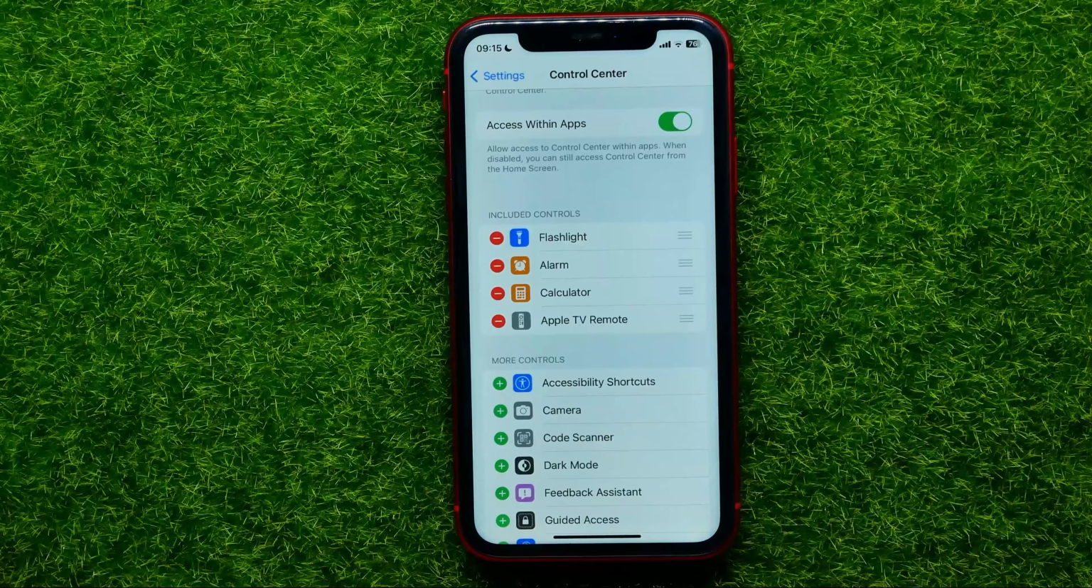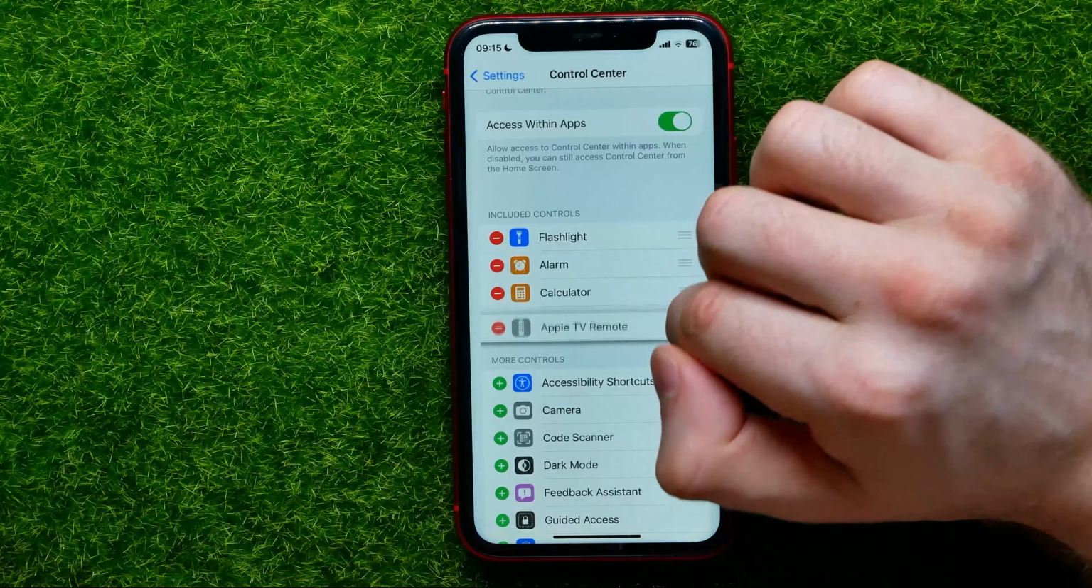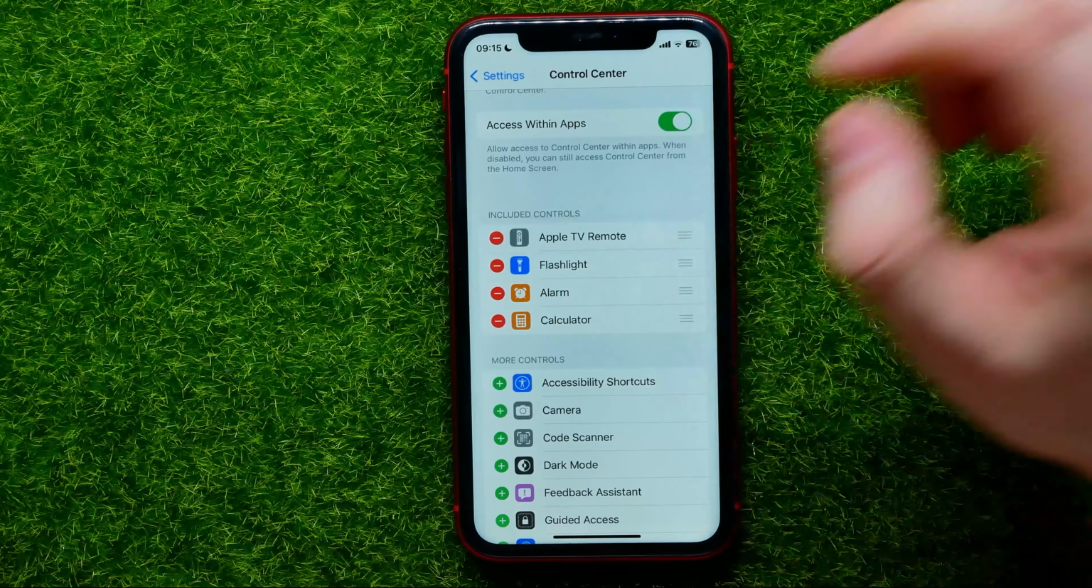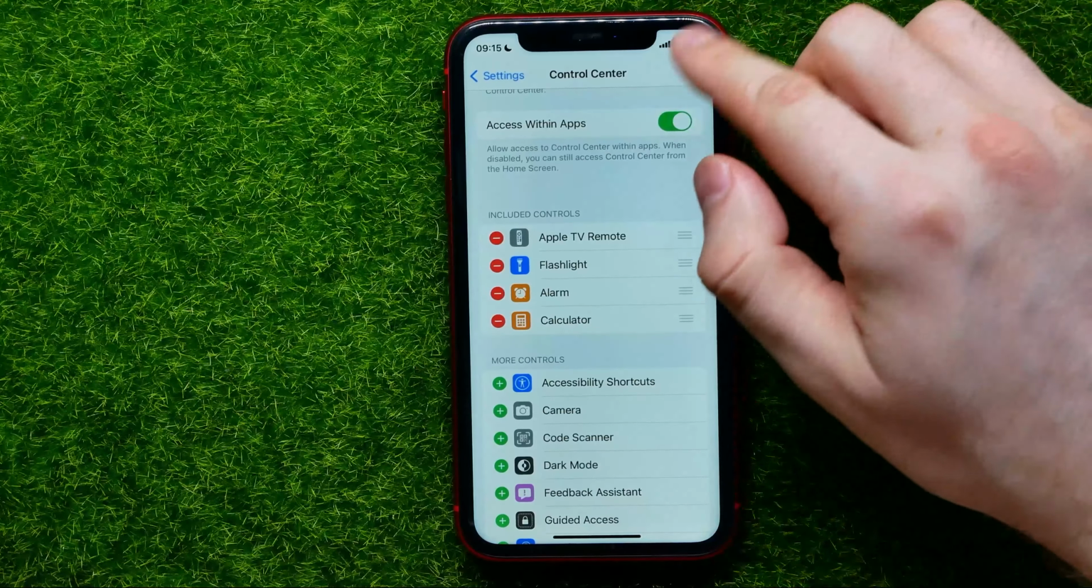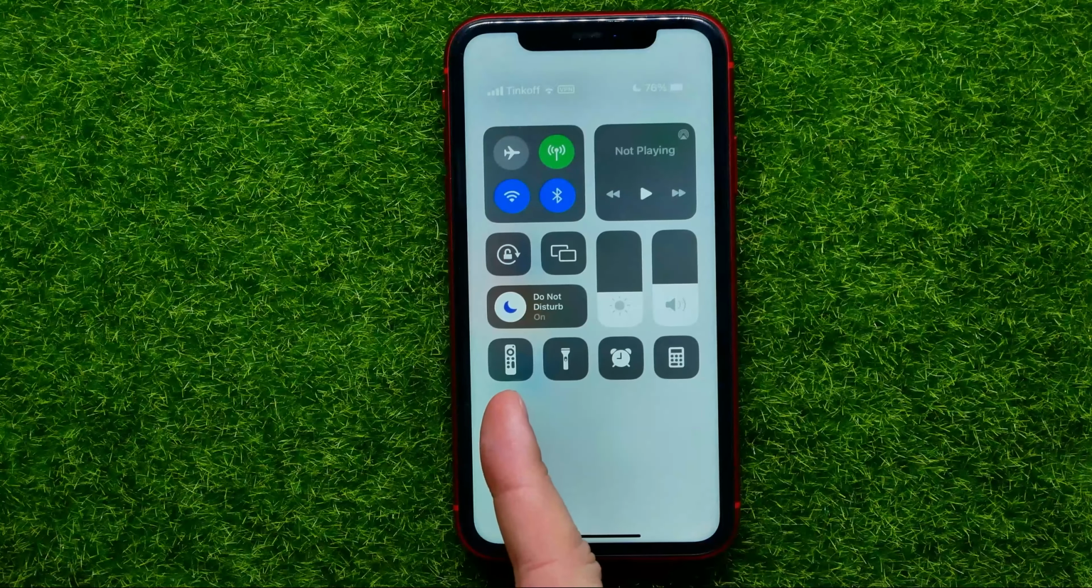order of shortcuts simply by dragging them up or down. In that way, I can place it at the very first position, and it also changes the order at the control center. As you can see, Apple TV remote shortcut has also been moved to the very first position at